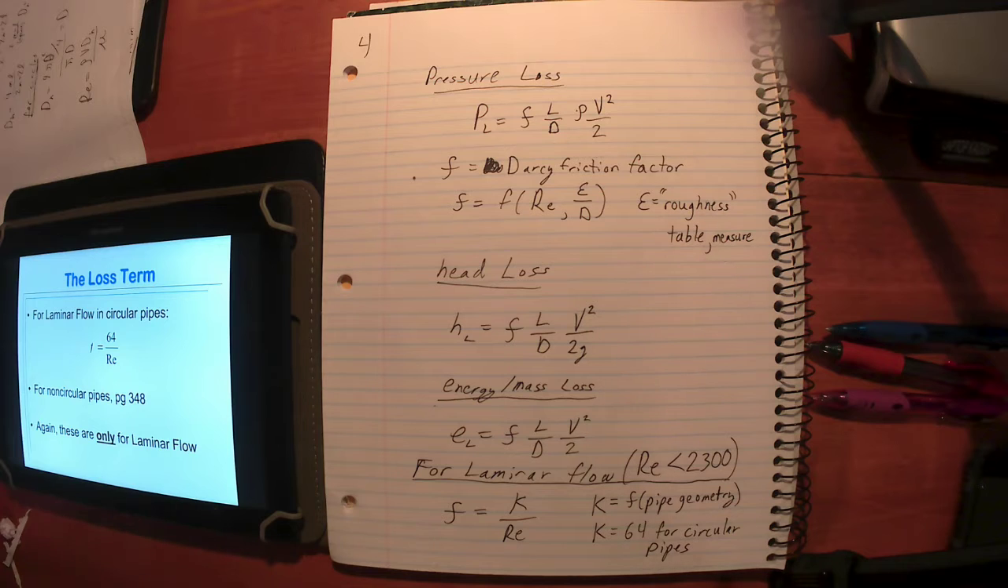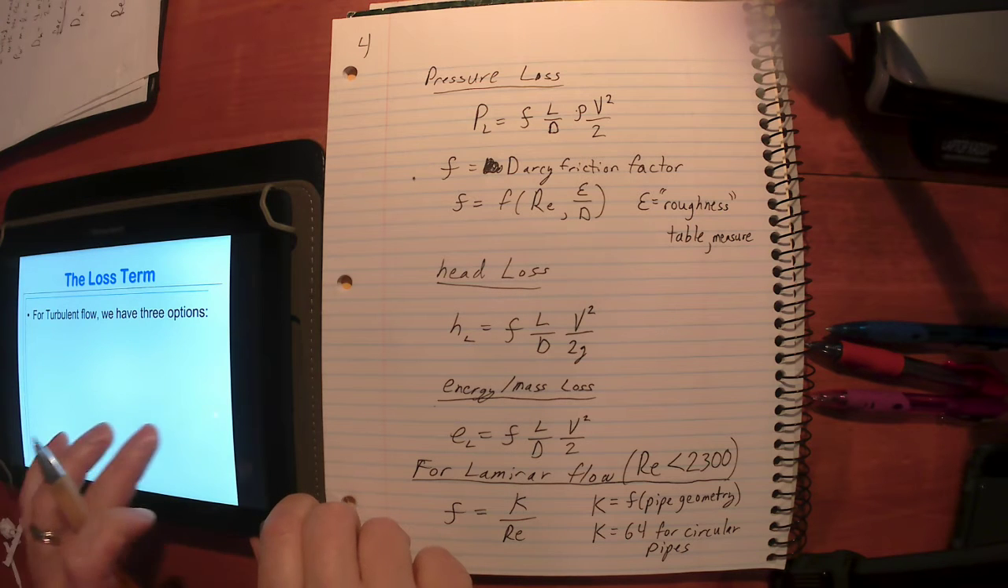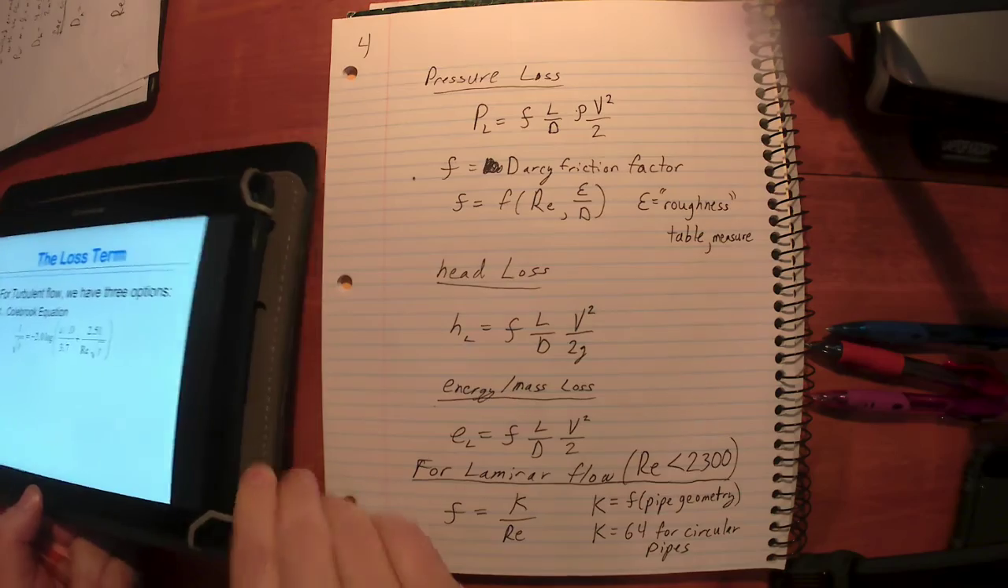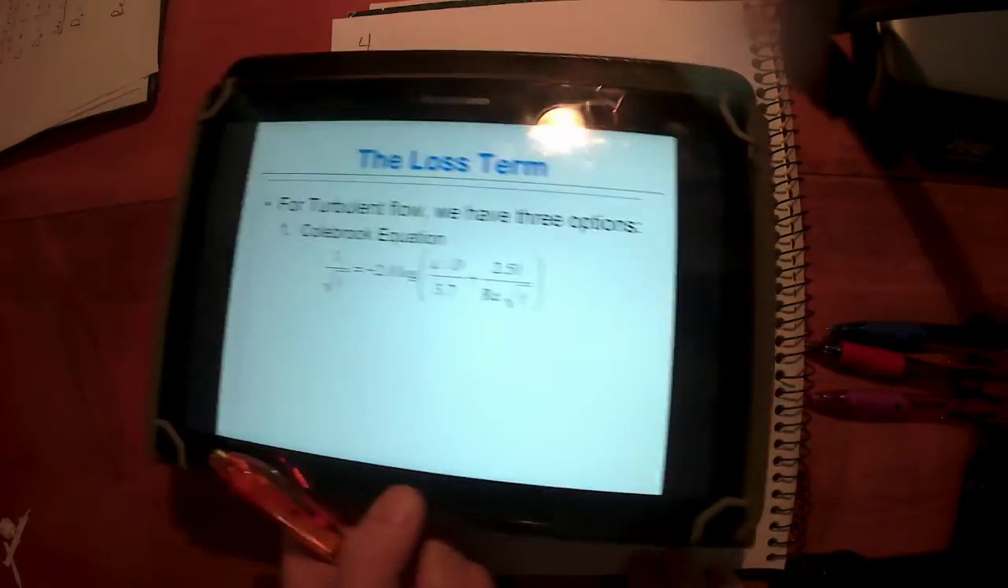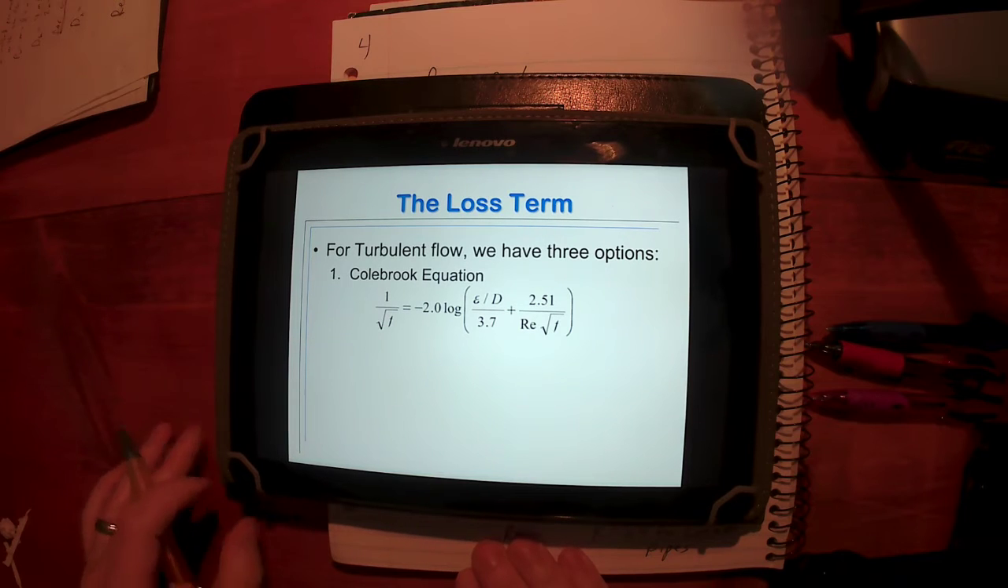If I have a Reynolds number greater than that, probably going to be turbulent. If it's over 4,000, almost guaranteed to be turbulent. So that's how we find this friction factor. It's actually real easy to find this friction factor if I'm dealing with laminar flow. Now, it's not too difficult if I'm dealing with turbulent flow. The hardcore way to figure out that